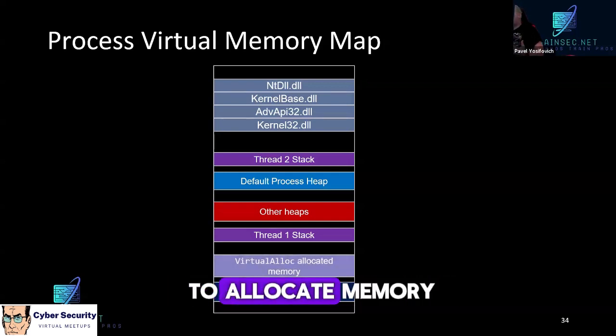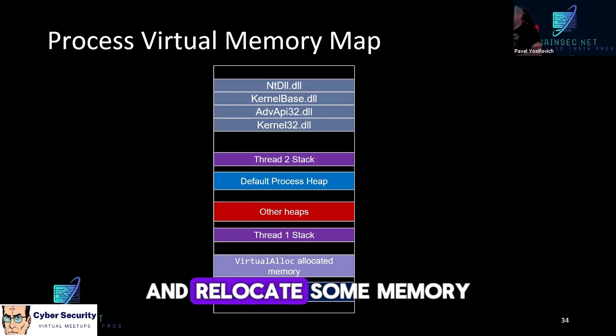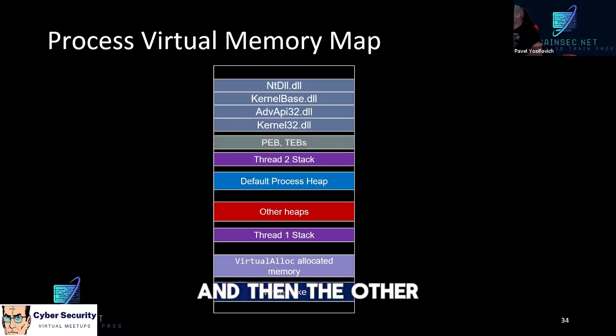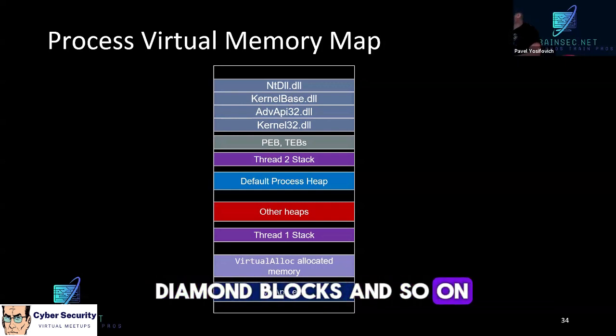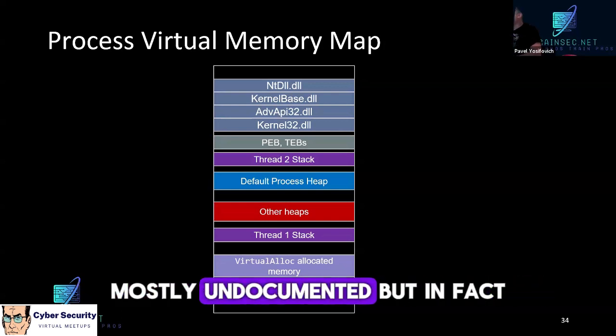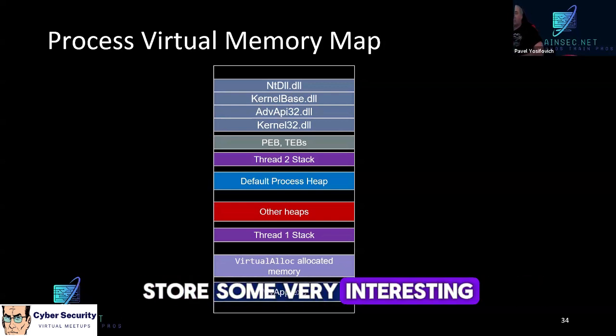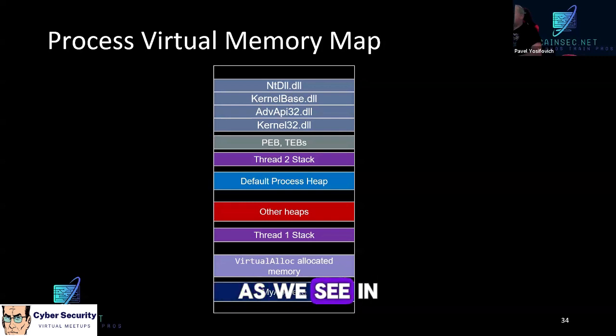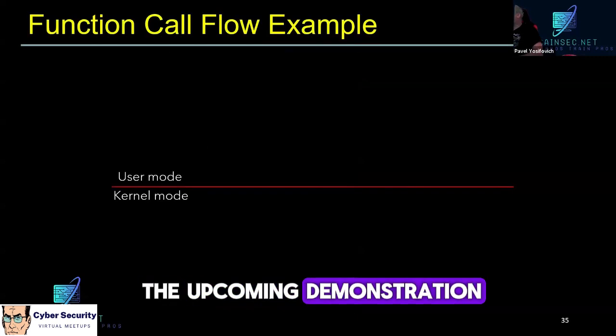And if you want to allocate memory in a more general sense, closer to the operating system, then the VirtualAlloc function is typically used, and we allocate some memory. And then there are other data structures of interest, such as the process environment block, or PEB, and thread environment blocks, and so on. Some of them are partially documented and mostly undocumented, but in fact store some very interesting stuff we can use, as we'll see in the upcoming demonstration.